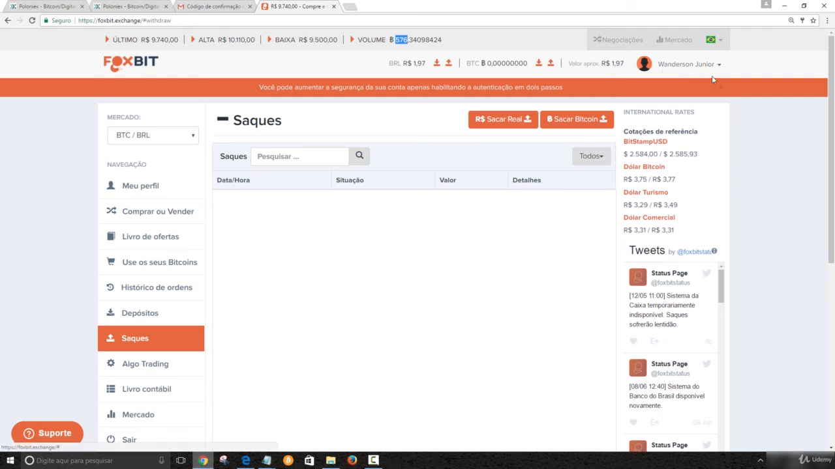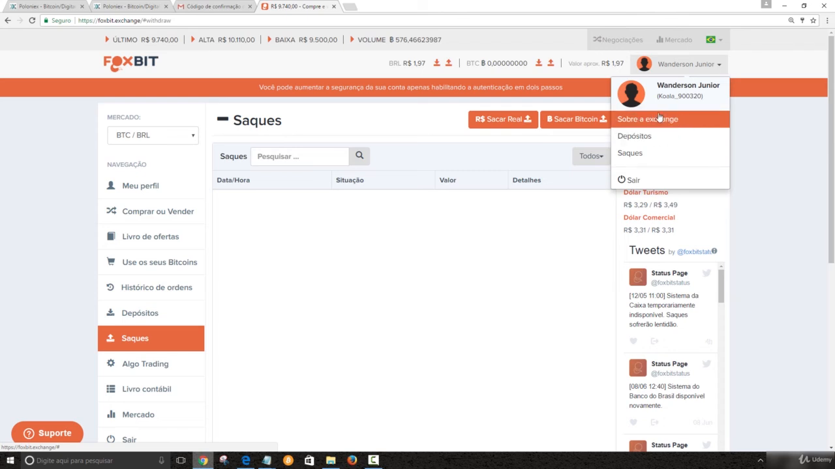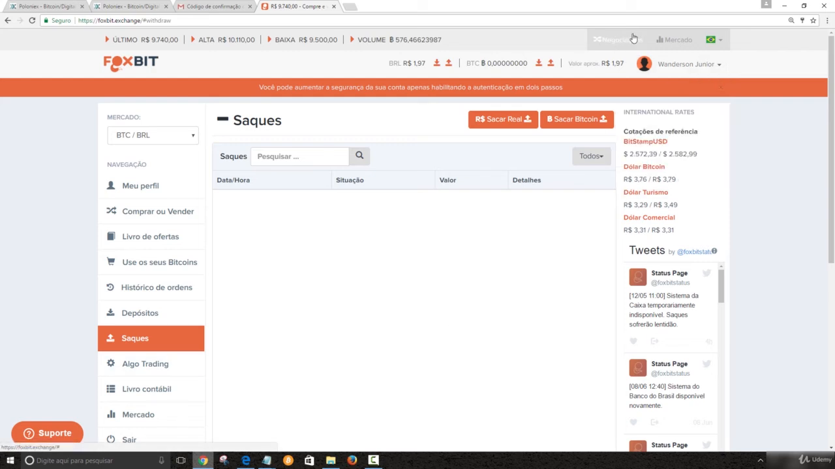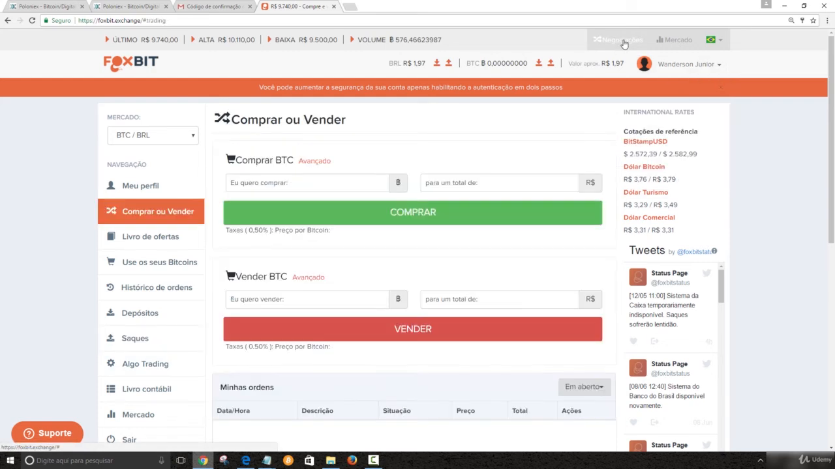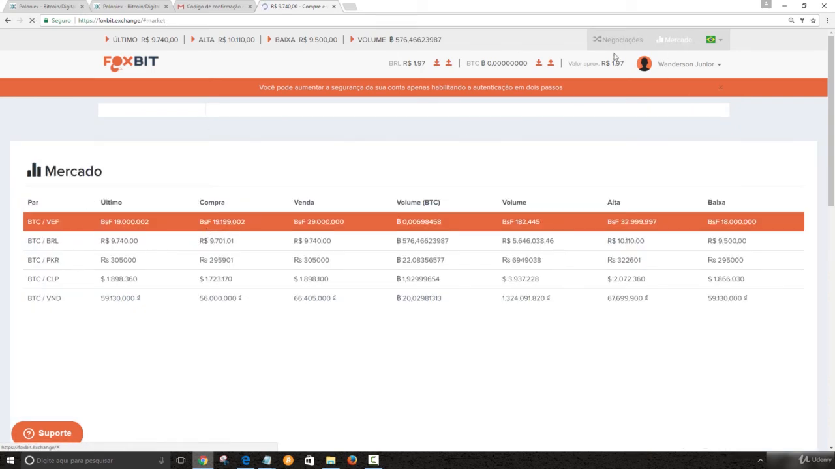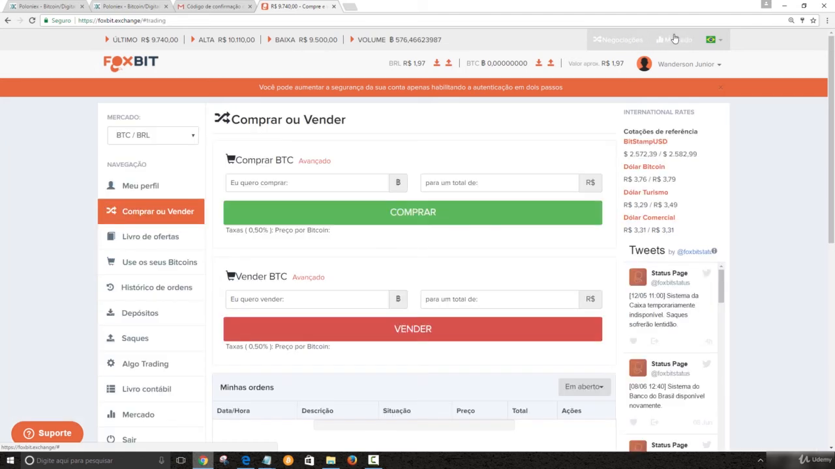On our right side, we have our user menu. It takes us to our profile, and you have some information on the exchange. Okay, it's the same menu that you have on the left side. So negotiations on the top, trading, it will take you to buying and selling. If I click on market, it will take me to the offering book. Okay, here on the right side,